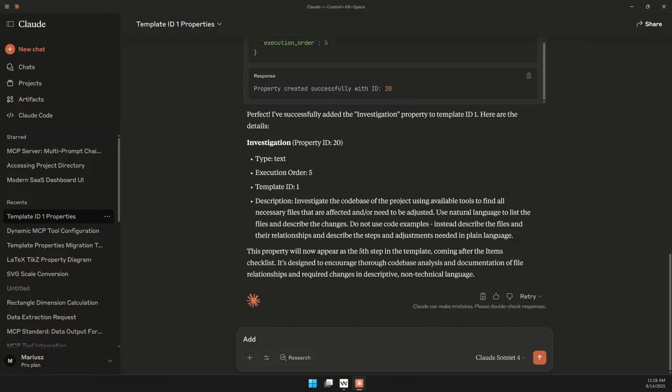So in that case, I'm going to say add a property to research the